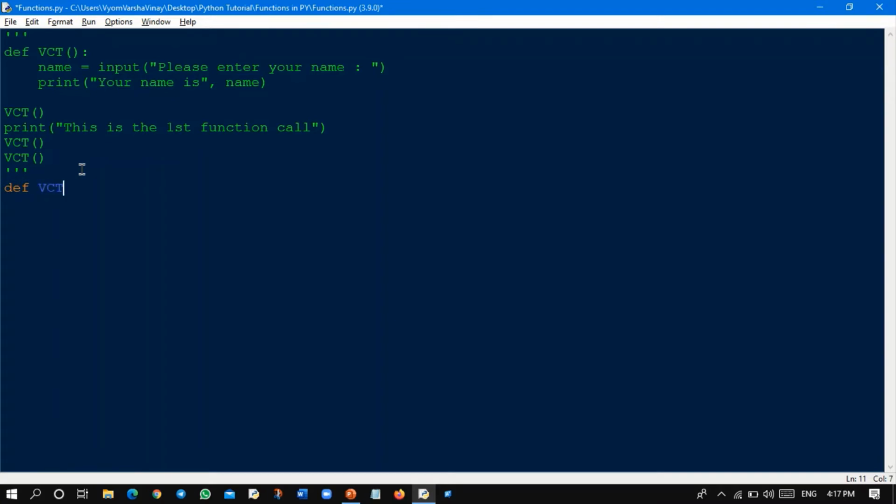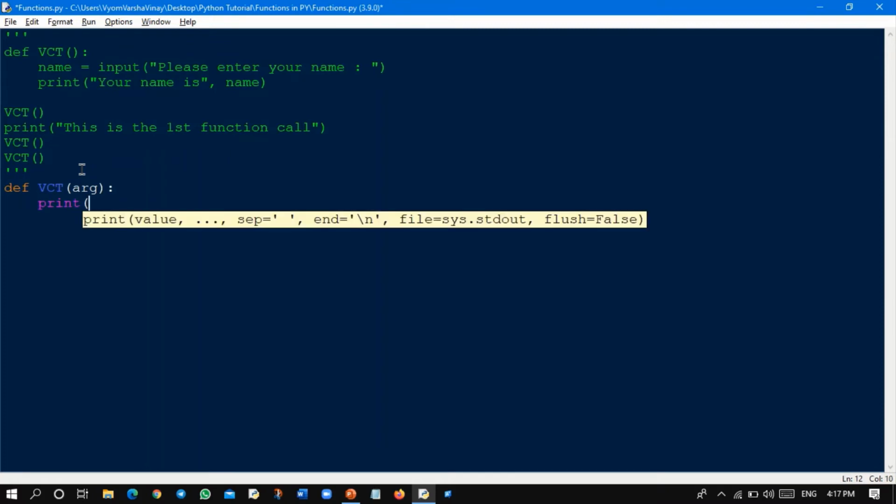And now just take a name of a variable, say ARG for argument. ARG. And then inside just write print ARG plus